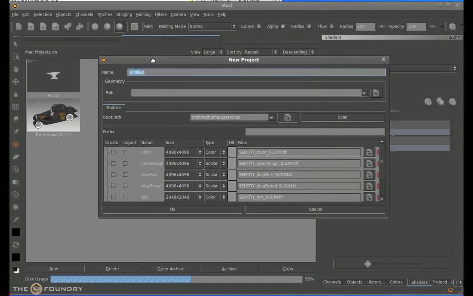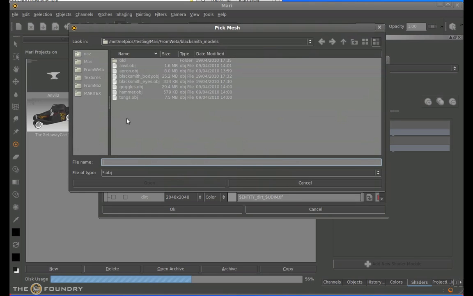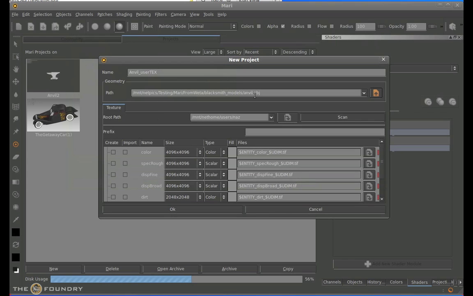What we need to first of all do is start a new project for this one. So we need to give it a name. We're going to be calling this one Anvil, because it is an Anvil object, underscore user tex. So this is the Anvil user textured model. Now we've given it a name, we need to provide an actual geometry for this one. So we can find here the main geometry for a project, which is the Anvil. So we click the Anvil as an OBJ format, click open, and then we have our main geometry with a